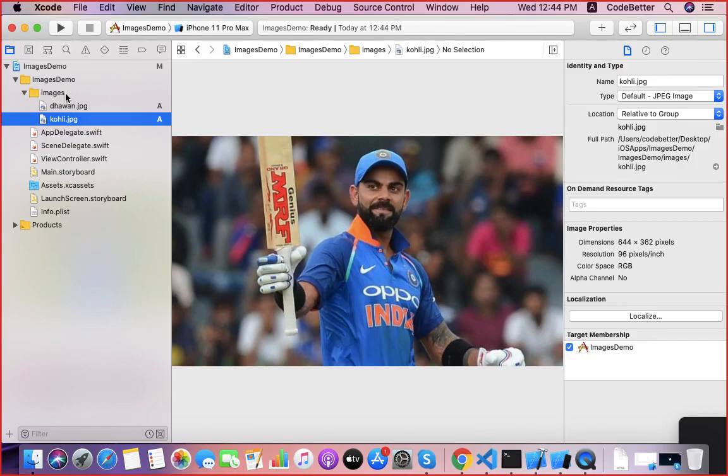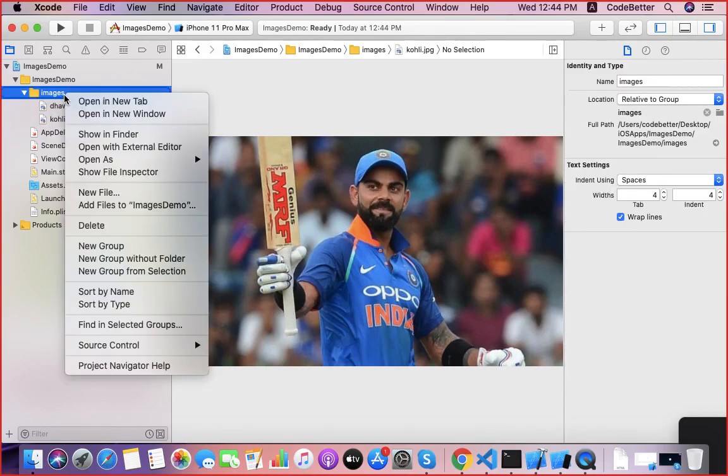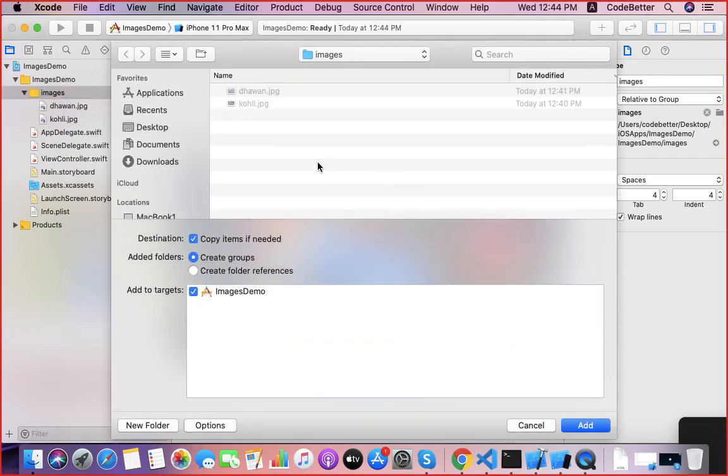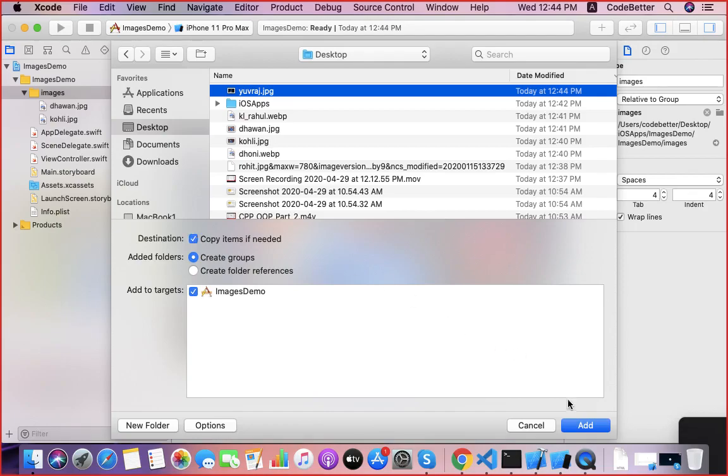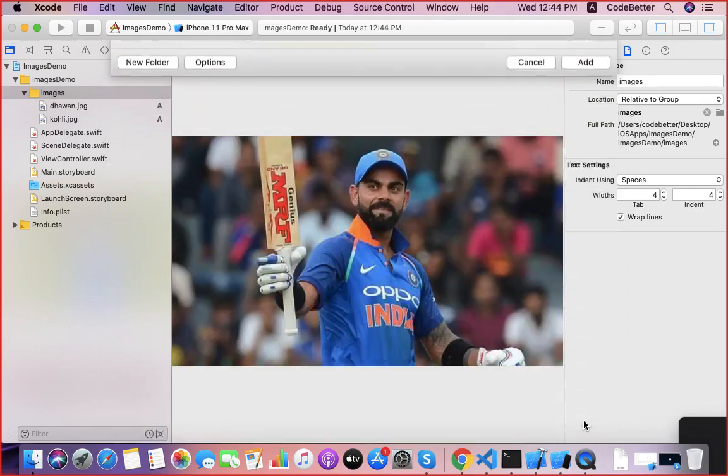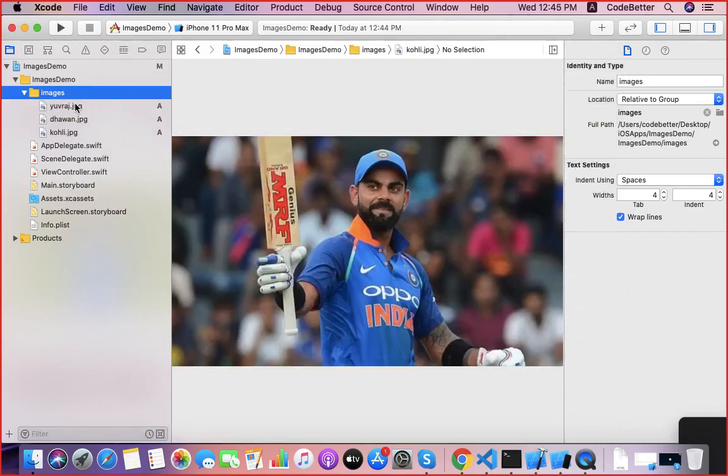So again you right click and add files, then you select yuvraj.jpg. Now make sure that this checkbox is checked. Then you click on the add button to add it. So you have 3 images.